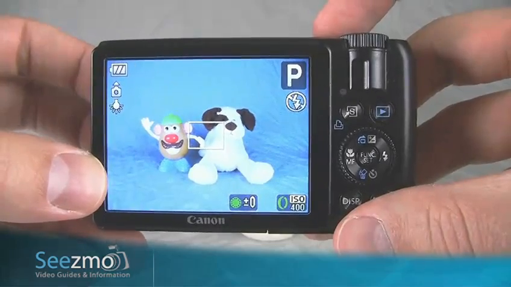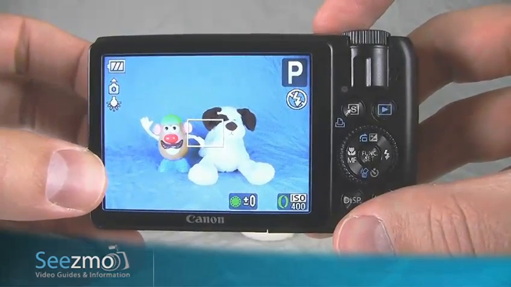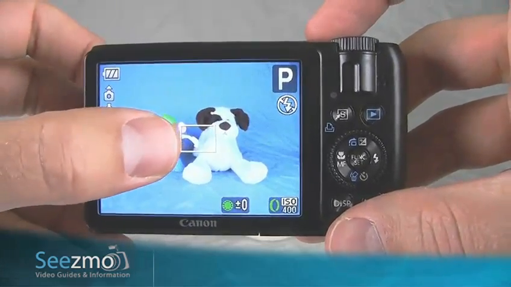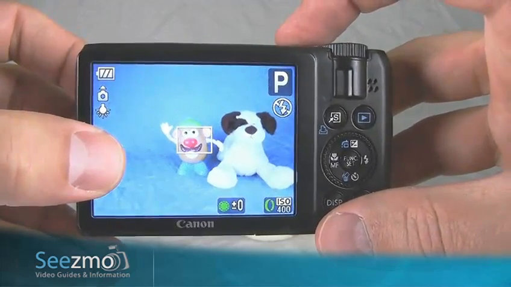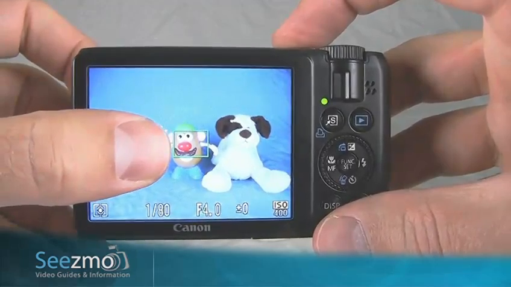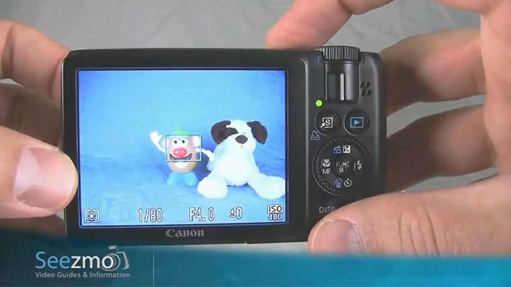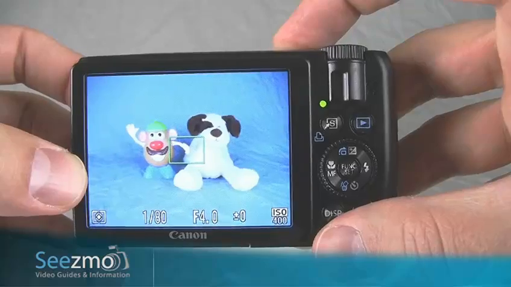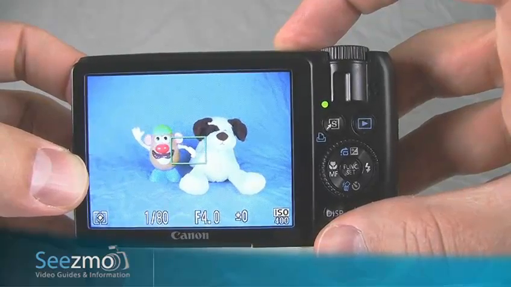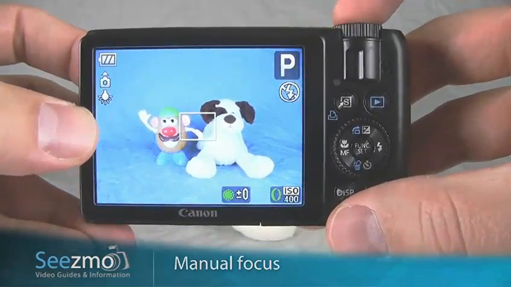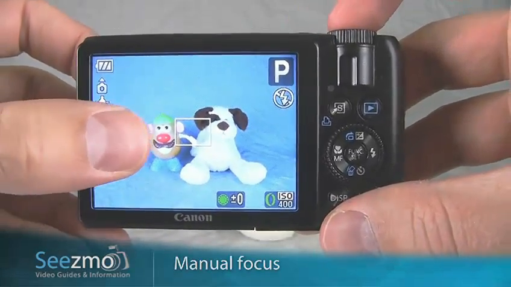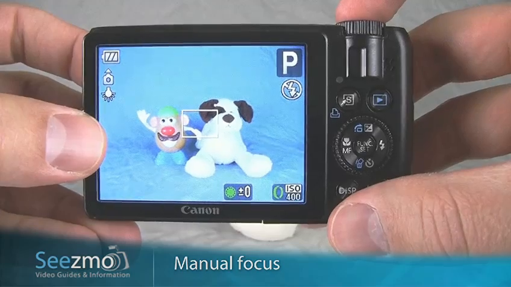If you're able to lock focus on your target, you don't need to use the manual focus. Place the focusing square over the subject, press the shutter button halfway, and if the focusing square turns green, you don't need to use the manual focus. You can just recompose the image and press the shutter button the rest of the way to take the shot. However, if the camera is not able to lock focus and the focusing square turns yellow, you'll want to use